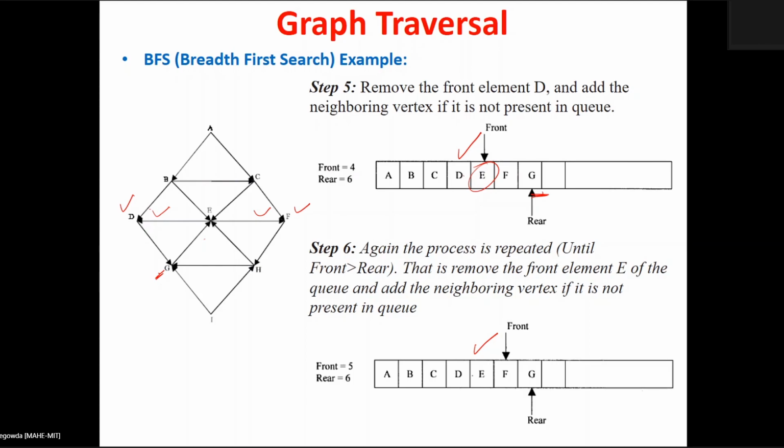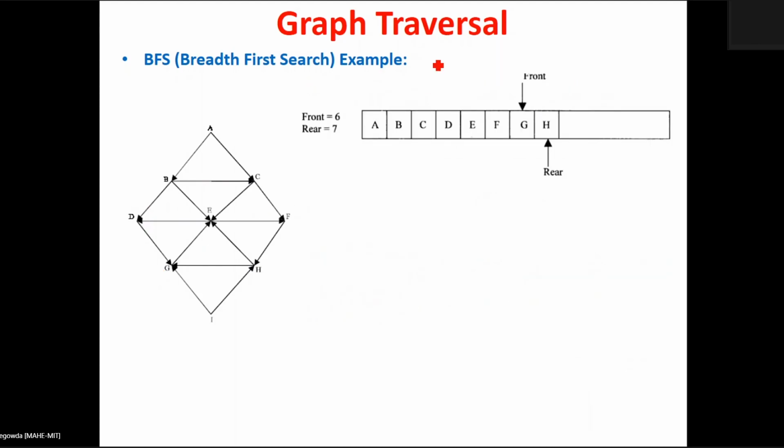Next you go and take out the next element, that is nothing but F. F is taken out and displayed over there. You find out the neighbors of F here. The neighbors of F is nothing but H only. That H is not there in the queue and is not visited, so H needs to be added to the queue here. Now it is added over there. This is the status of the queue after that.